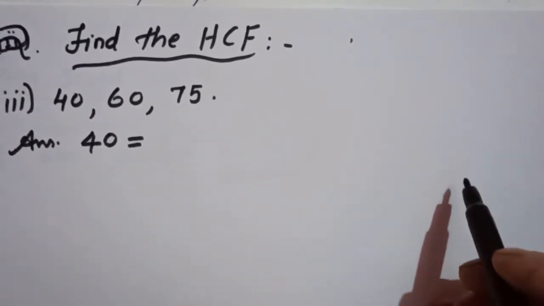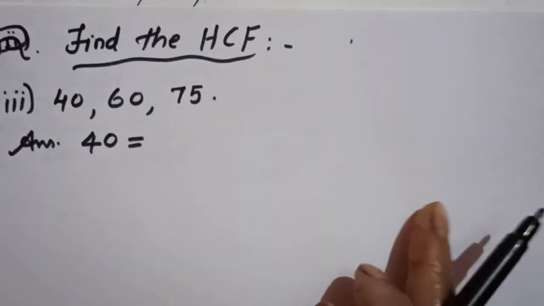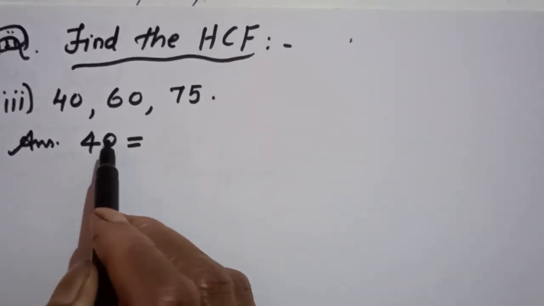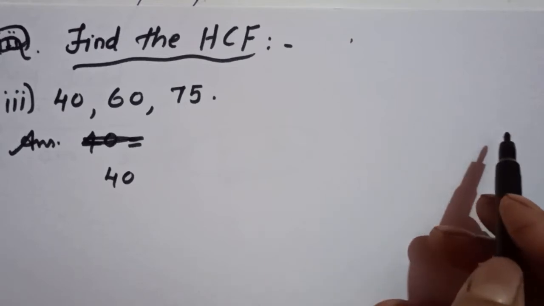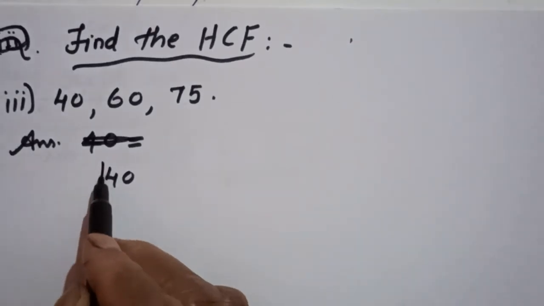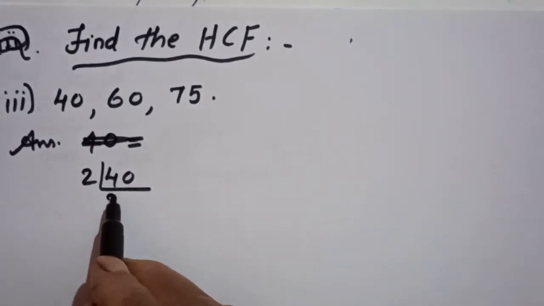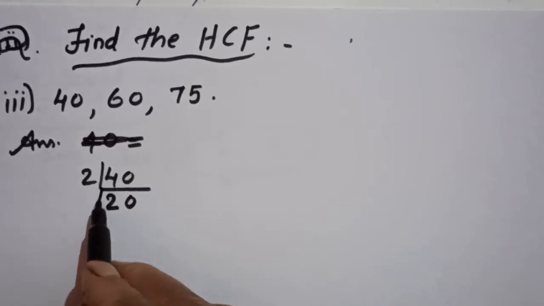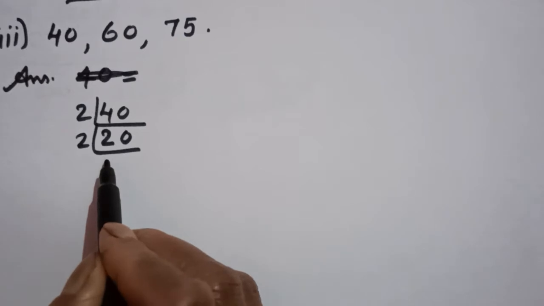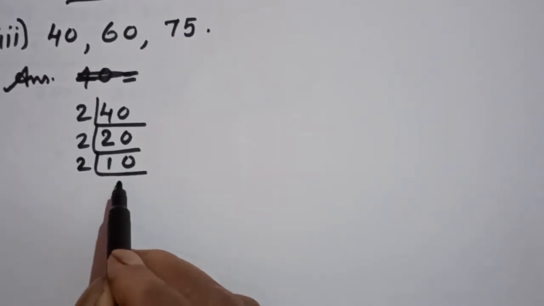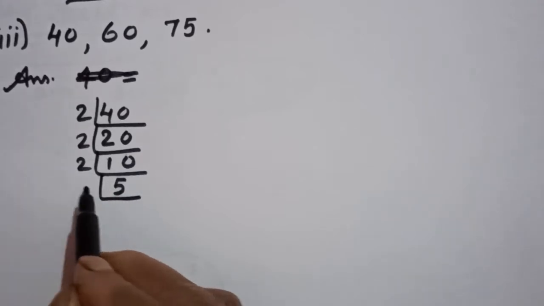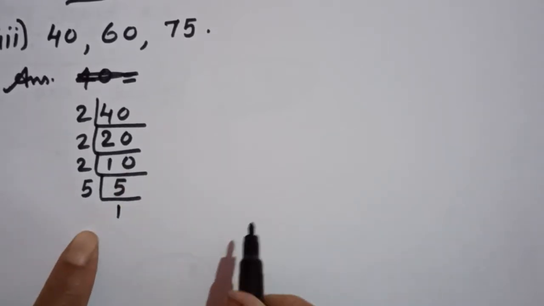If I do it here one by one, it will take more space. So I am doing the factorization of 40 here. You can do it in the working column. 2 2s are 4, 0 down, that means 2 zeros are 0, and then 2 again, 2 1s are 2, 2 zeros are 0, 2 5s are 10, and 5 1s are 5. That is the factors of